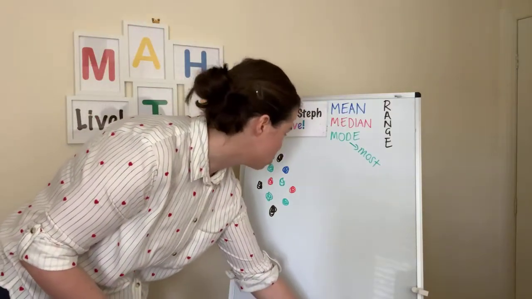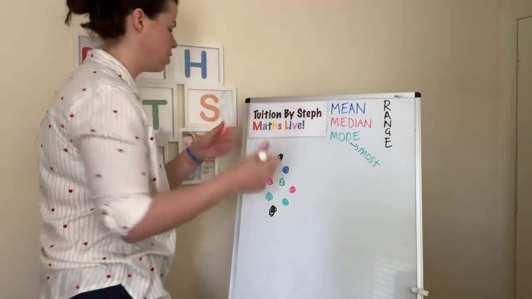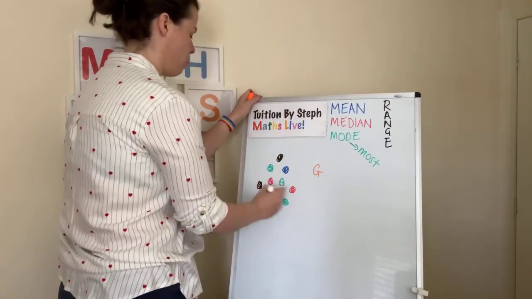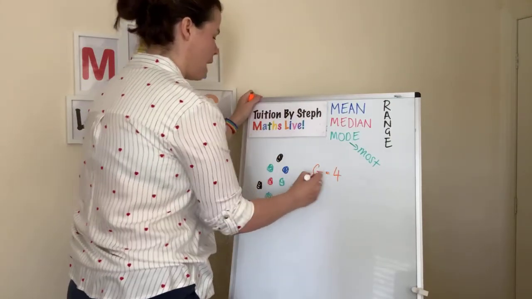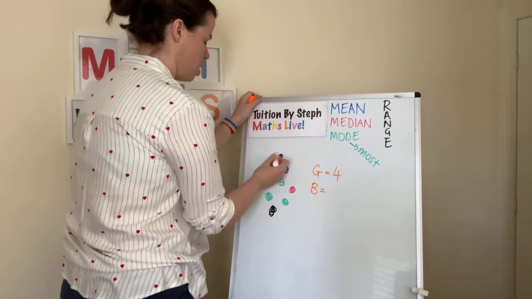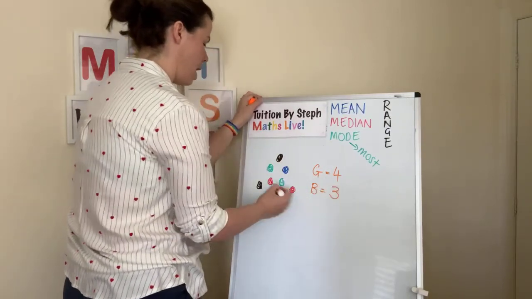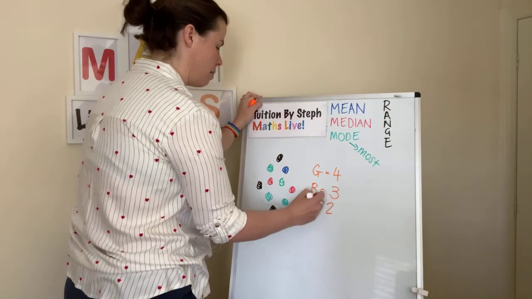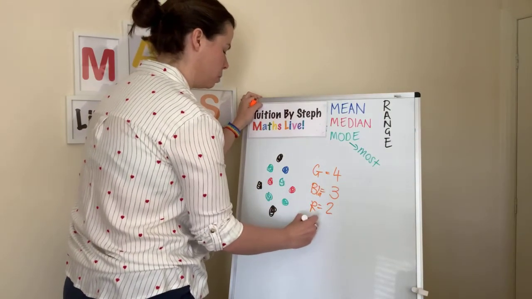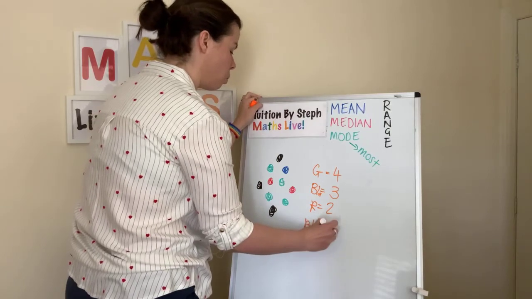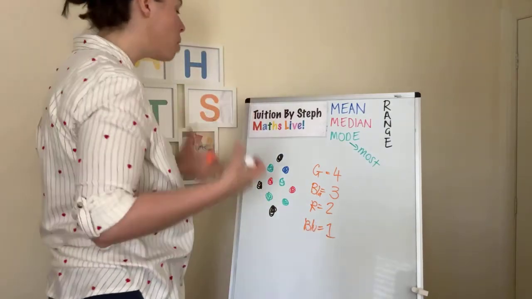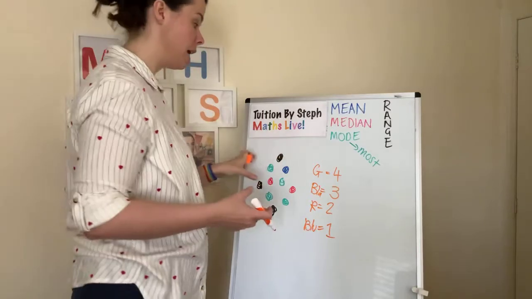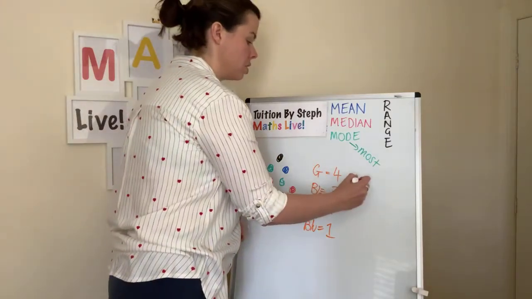I'm going to use orange because that's the colour I've not used. So how many green have we got? We've got 1, 2, 3, 4. How many black have we got? 1, 2, 3. How many red have we got? 2. And we've got blue, and we've only got 1 blue. So the mode colour here is green. So the mode